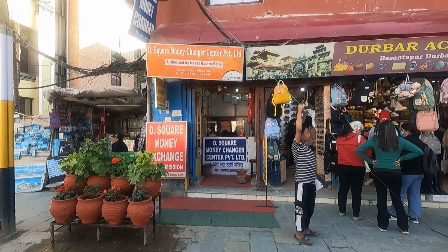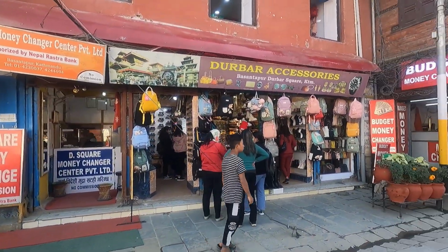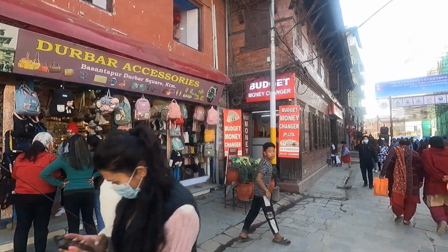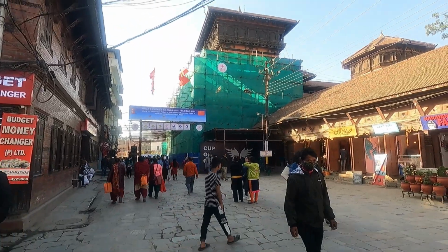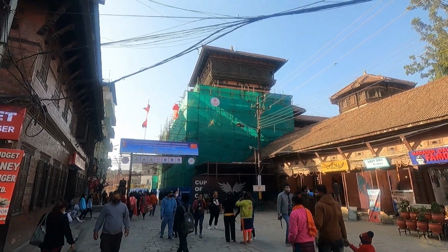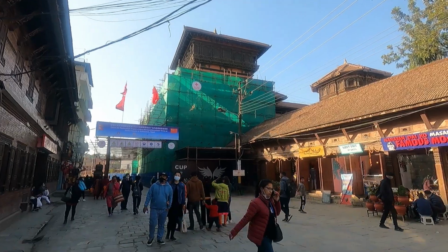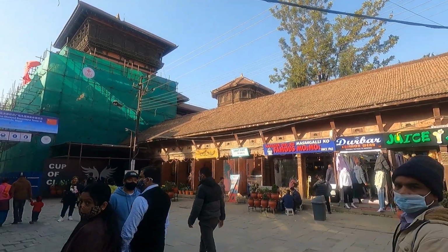So here is a money changer, specially targeted for the foreigners, and there are a lot of souvenir shops around selling souvenirs for locals and even some for foreigners. And still some of the structures are under cover because they are under construction after the earthquake. So reconstruction is going on. And this is actually a Kirtipur Tower and Bhaktapur Tower that belongs to the Basantapur Tower